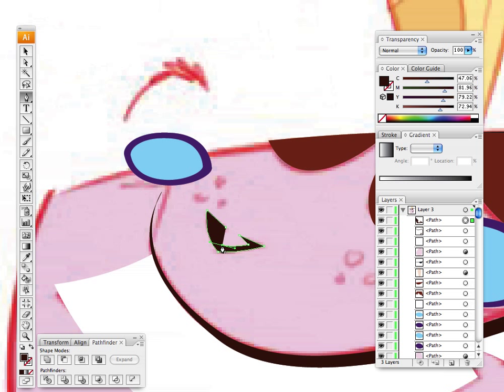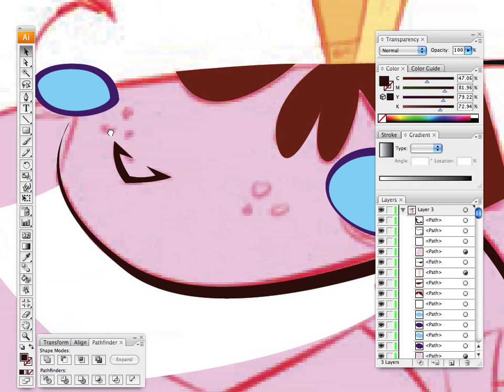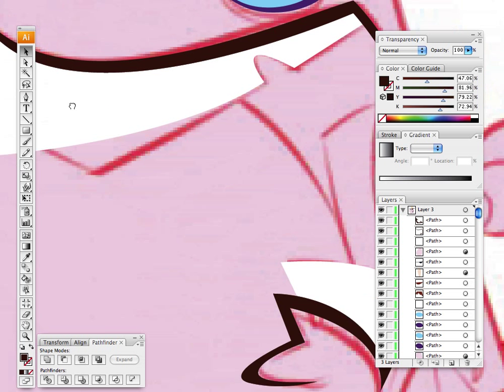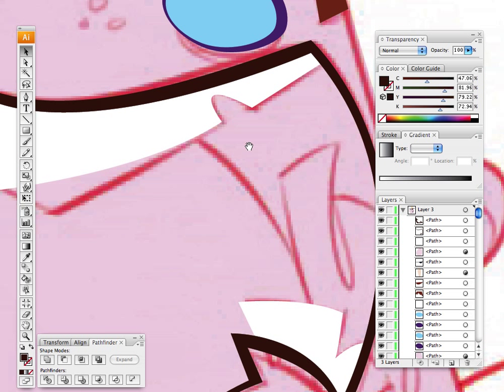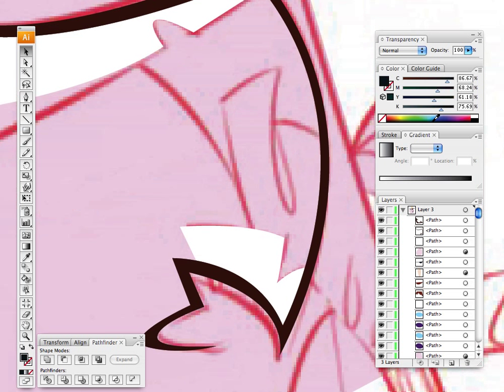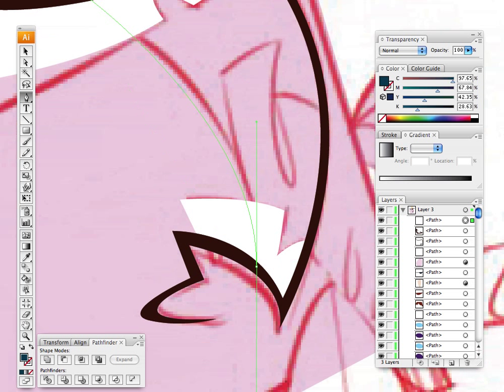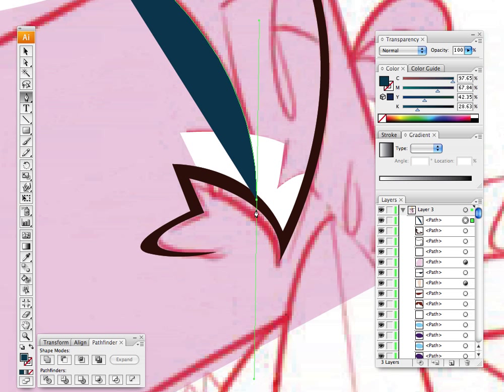There we go. Okay. And what else do we want to do right now? We'll add the back of the mouth. Let's do a dark color, blue. And we'll come up here, follow the line, pen tool,